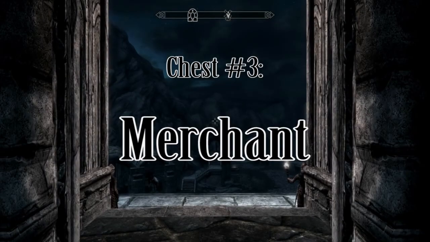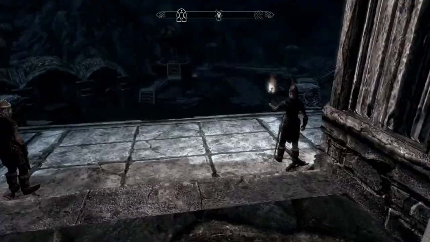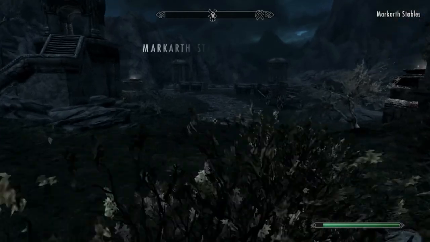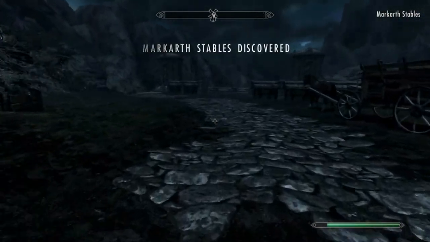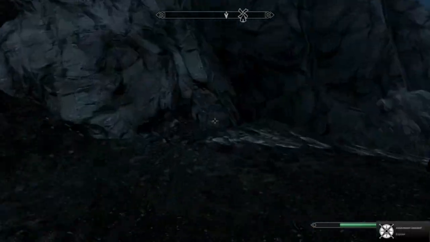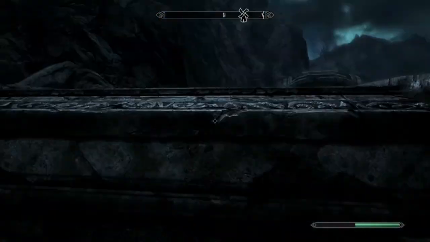Alright, moving on to our third chest, which is a merchant just outside of Markarth. So you go outside of Markarth, that's just the city door? I don't know what you want to call it. Anyway, you keep running way past the stables. If you can spawn up the stables, then do. I haven't discovered them. Anyway, I'm going to keep running down here,